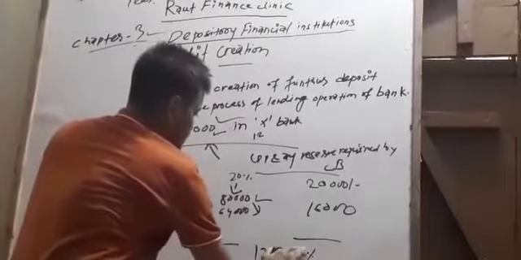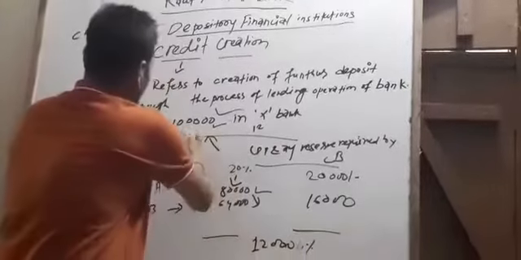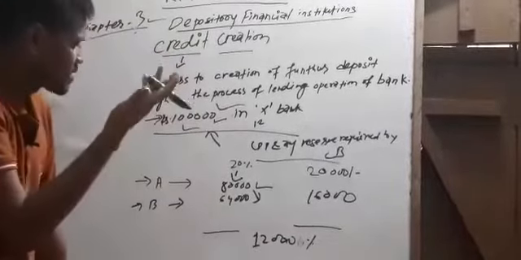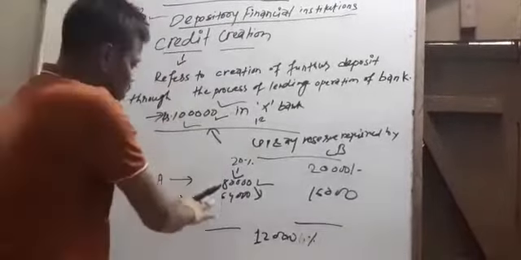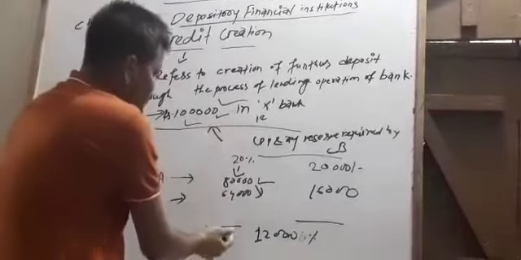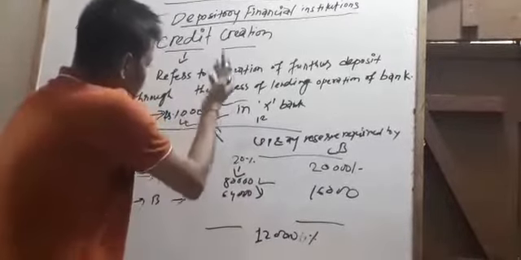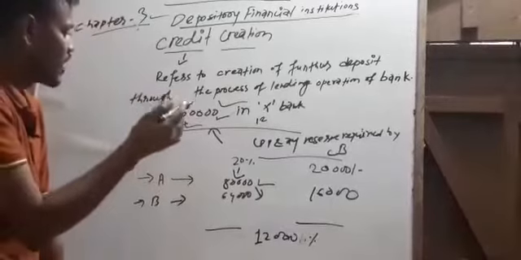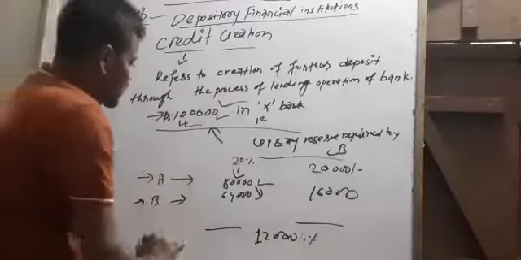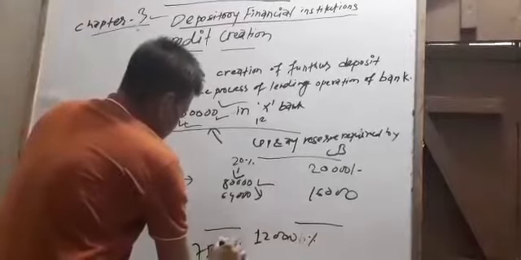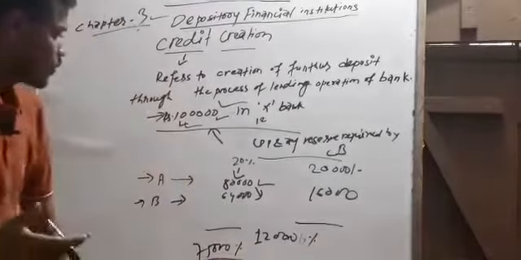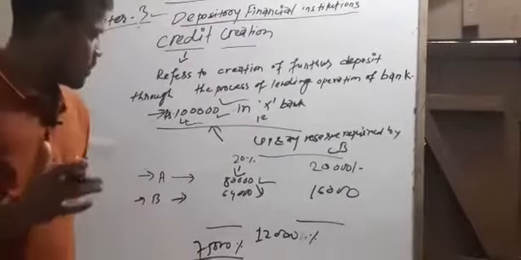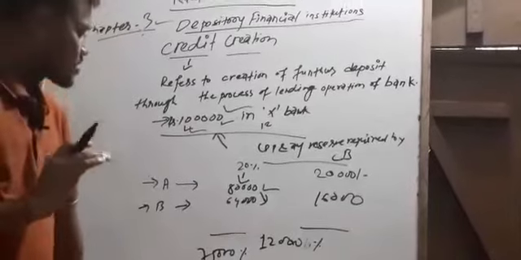But if it lends through this route of credit creation, it can lend more than 5 lakhs. It means when the return of the bank comes, there will be a multiplier effect, it can lend 5 times. It means if the lending rate is 15%, then 15% of 5 lakh is equal to 75,000 in a year. You may raise a question how it is possible, because the bank knows that every customer cannot